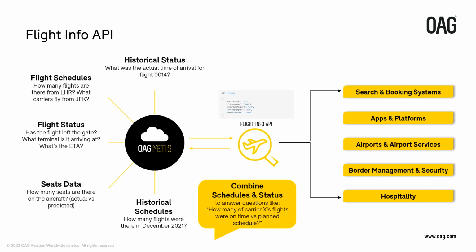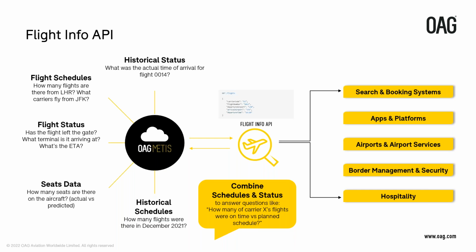So I guess a few key things to point out here are, we have the historical status, so customers can maybe confirm the actual arrival time. We have the planned flight schedules, so up to 2 years ahead, but obviously not all airlines necessarily plan that far ahead, but we have a great outlook on that. The live flight status, if you want to understand what's happening right now with a flight or the ETA.